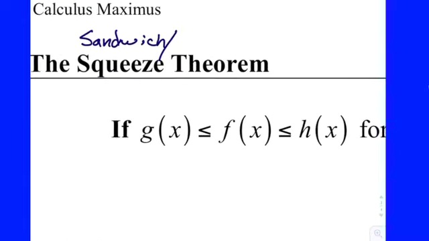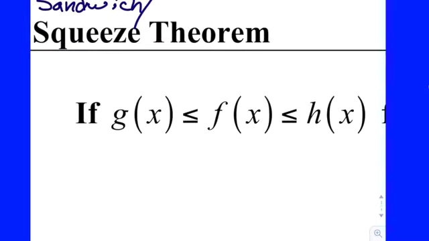So here's what it says in the beginning. Every theorem has two parts, an if and a then. The if part is the hypothesis, the then part is the conclusion. And of course, y'all learned in geometry the law of logical syllogism. If the if part is true in a theorem, then the then part is true. That's a great theorem. Okay, so this one says if you have three functions, g, f, and h,